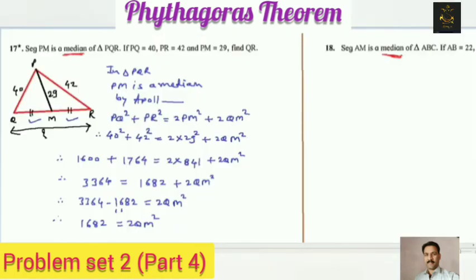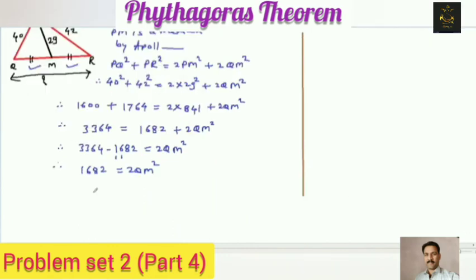Okay friends, now look here. Take that 2 to this side. 6082 upon 2, which is QM square. So what will we get here now? By 2, 8s are, 2 4s are, 2 1s are 841. That is QM square. Hence by taking square root on both sides, QM is equal to 29.